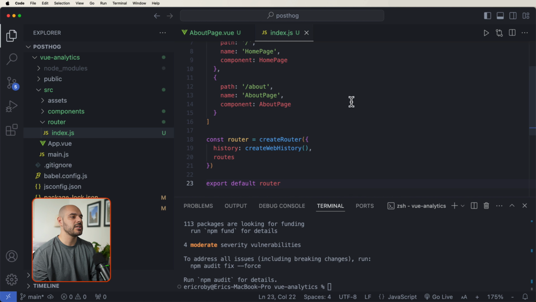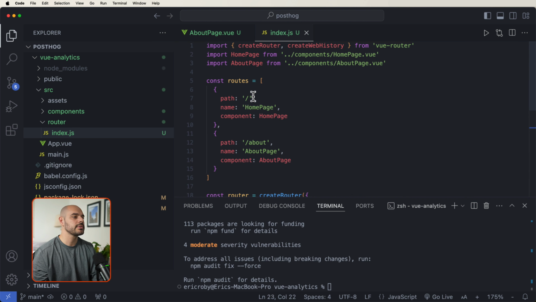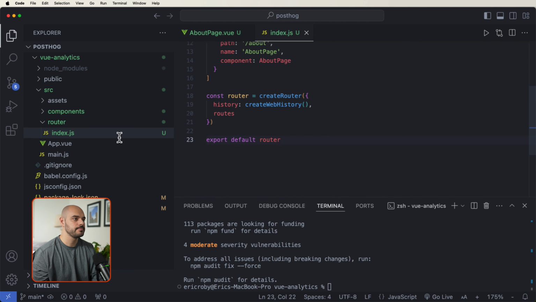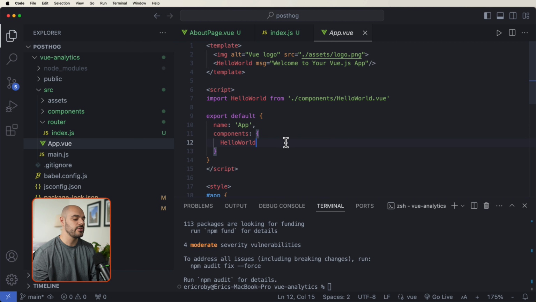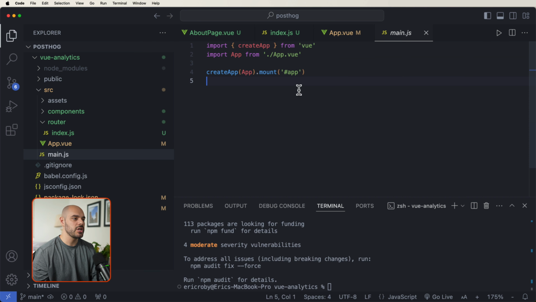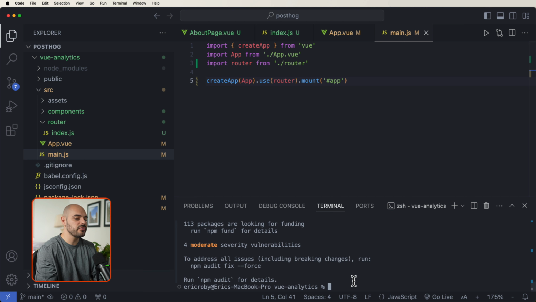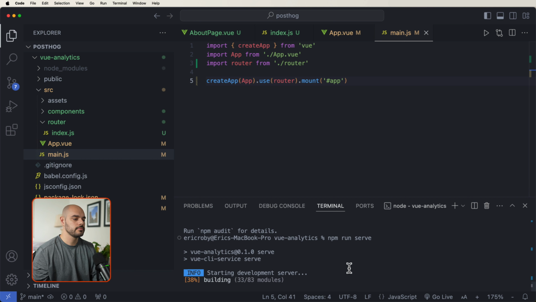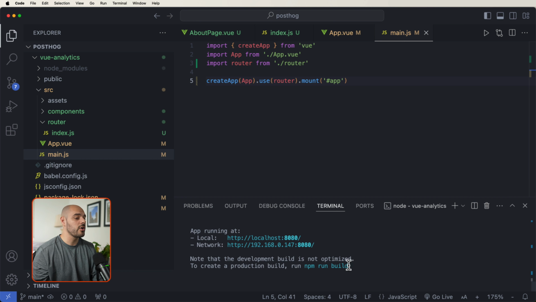And then inside index.js, we're going to paste in our routes. And then we're also going to import createRouter, createWebHistory, and then our homepage and about page components. After this, let's go ahead and jump into your App.vue file, and let's replace this with a template which calls our router view. Lastly, let's go into our main.js and let's enhance it to now use our router. After you make those changes, let's go ahead and say npm run serve. This will start our application,